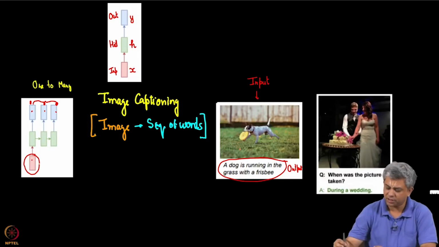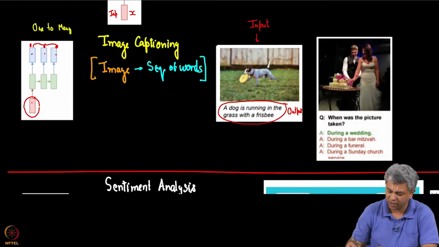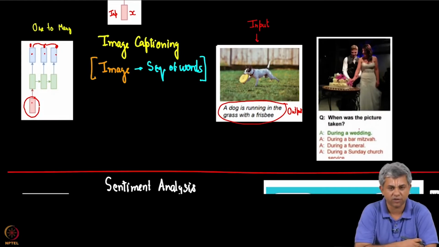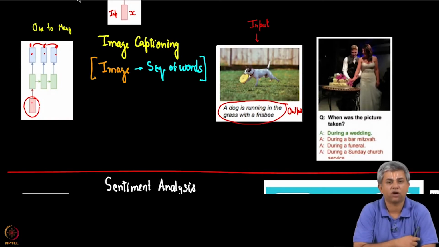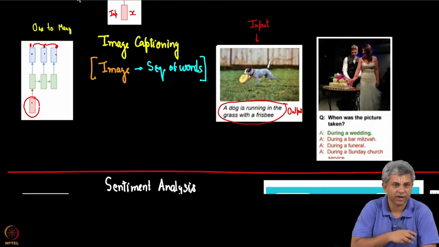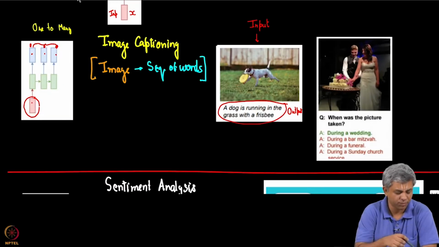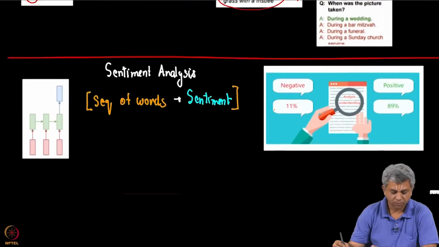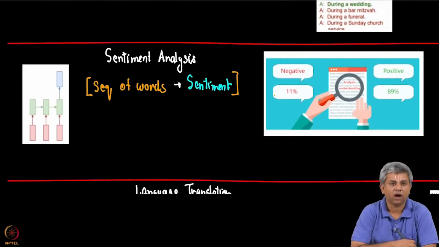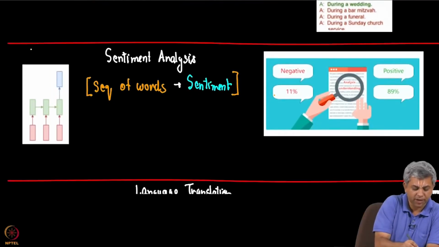And similarly, there is a question asked based on a figure and you are supposed to figure out which of these choices is correct, and the fact that this picture was taken during a wedding. As you can probably figure out by what we have talked about so far, a lot of it depends on how you train. So, training is a very important part of how this kind of output can be gained. But this was just shown to show a simple example that there could be one input and many outputs. Then you could have a bunch of inputs, the opposite case, which is many to one.